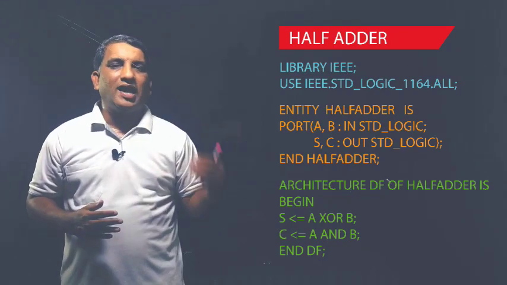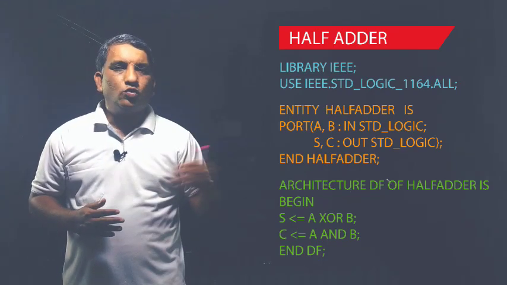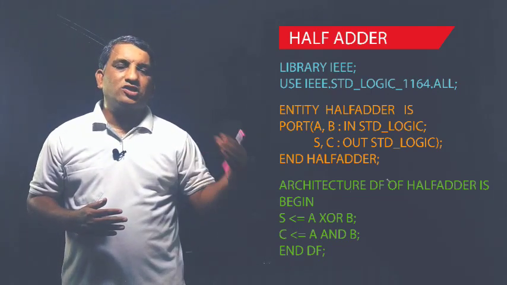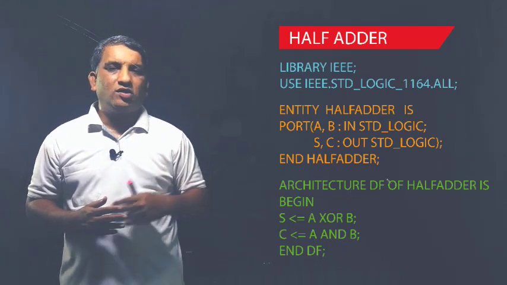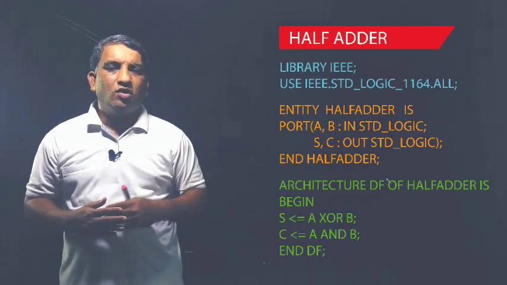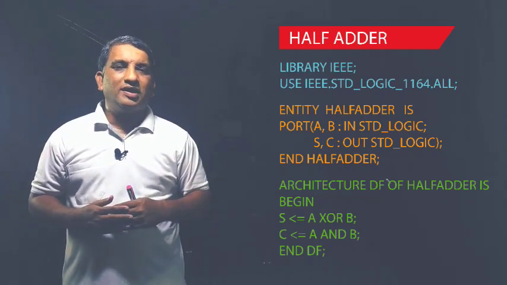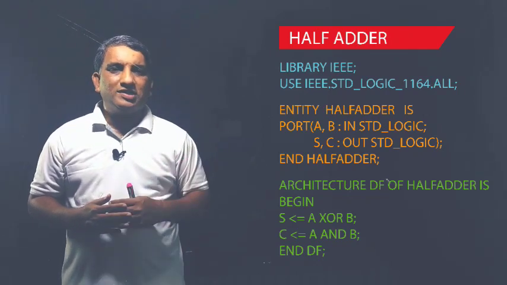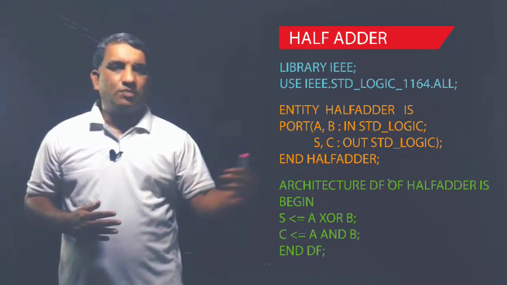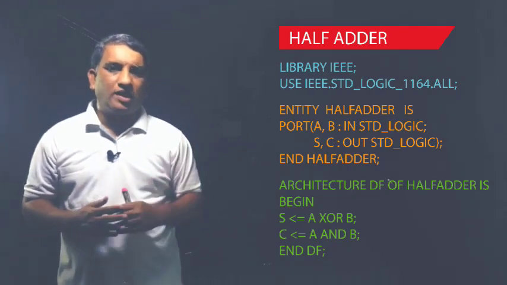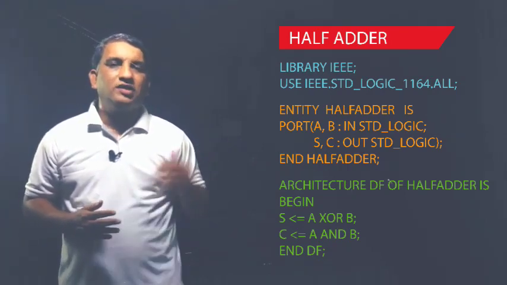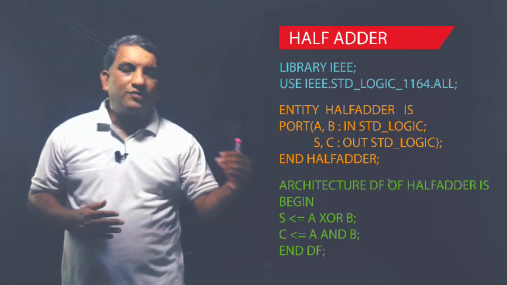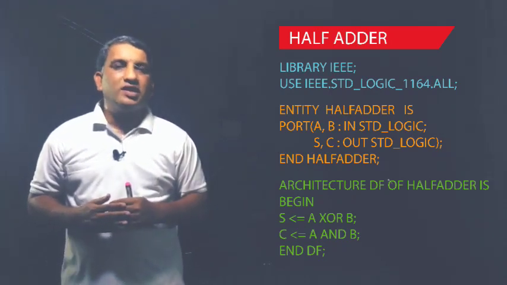So in the architecture, as I have already told you, it has two parts. One is the declaration part and the second one is the body. So if you have some extra variables, constants, functions, modules or components to be declared, that is declared after the architecture keyword between architecture and begin. But here in this case you will not have any declaration part, so directly I will start the body of the architecture. In the body we start with the keyword begin. So here I will write the begin keyword, and after the begin I will write the VHDL statements for